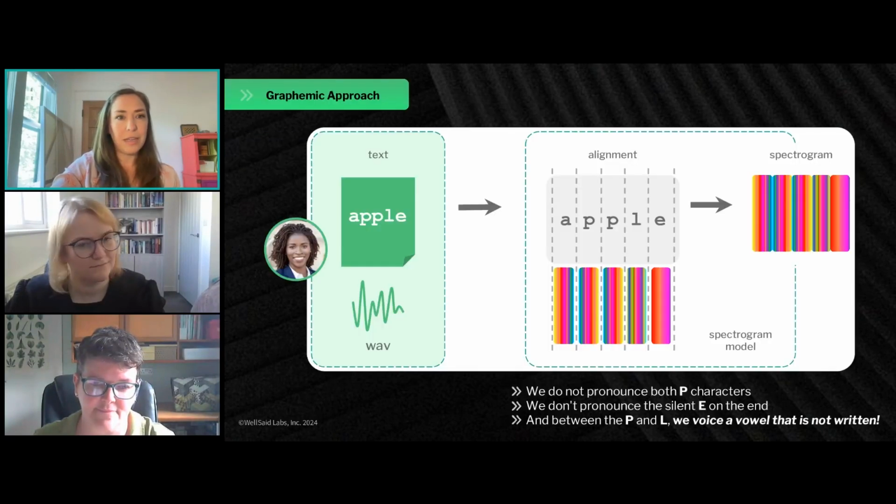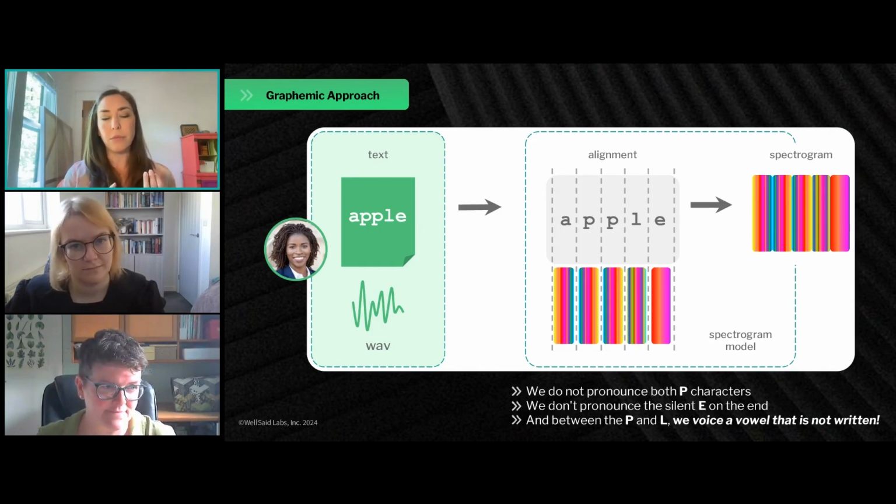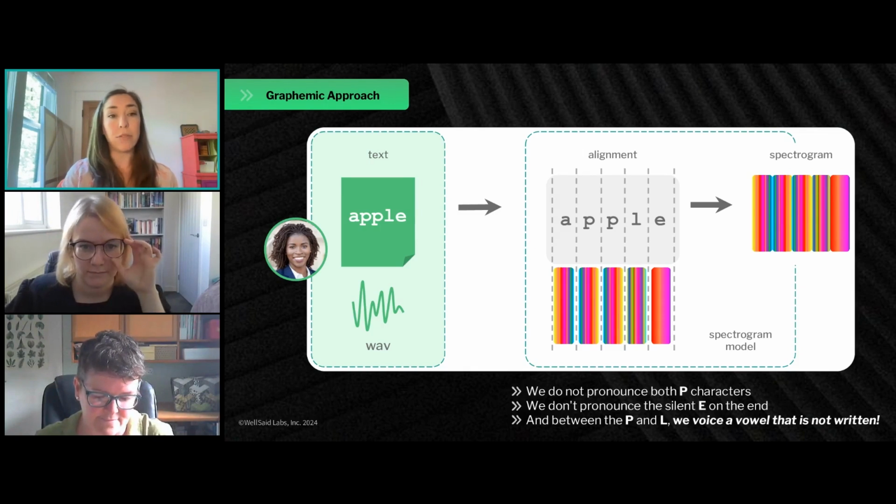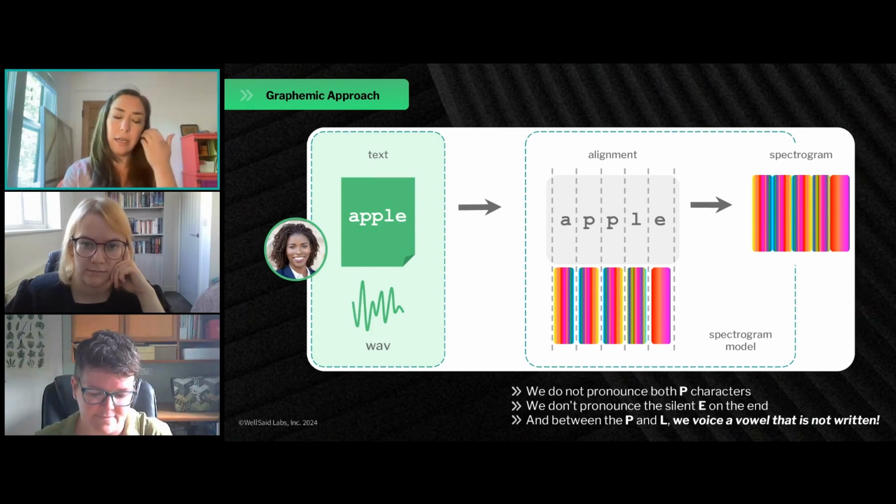So I want to talk about 2 different approaches now within those alignments. There are graphemic and phonemic approaches in text-to-speech. A graphemic approach is going to stick with all of the script as written. We're going to work in English today to really illustrate this. And English is kind of tricky. If a script is provided in English and we try to align all of those sounds to the exact alphabetic characters that we're used to spell those words, we're going to get an alignment sort of like this.